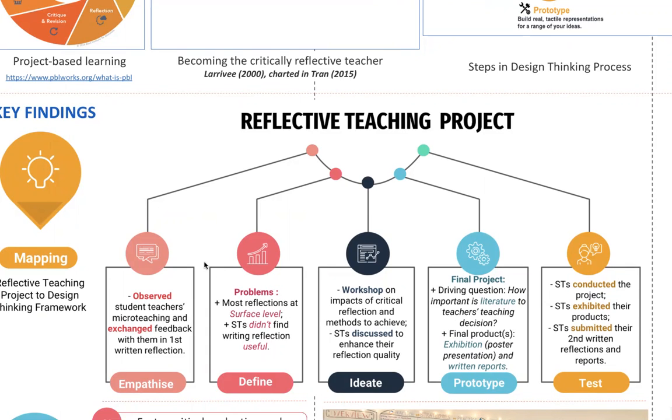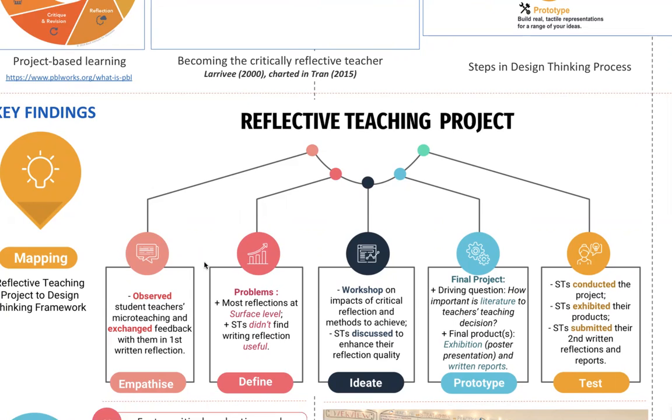From my observation and my exchange of feedback, I was able to discover a number of problems. For example, the two most urgent problems that I myself defined